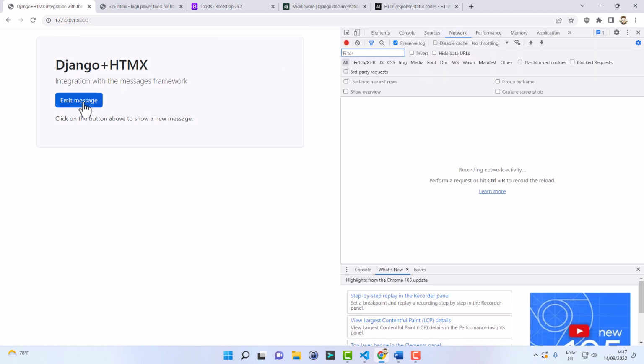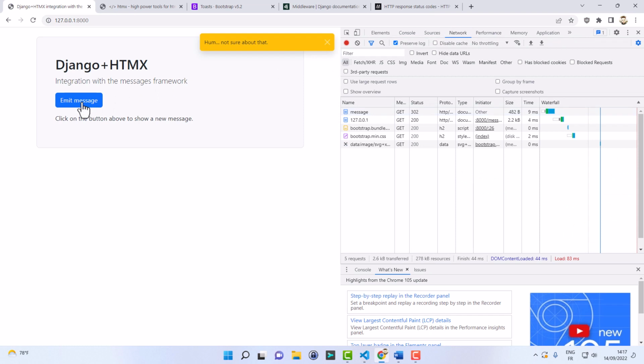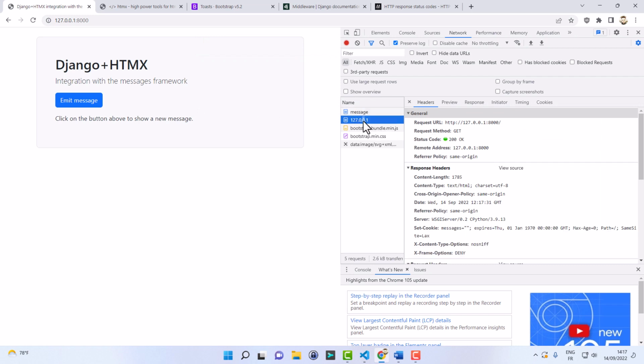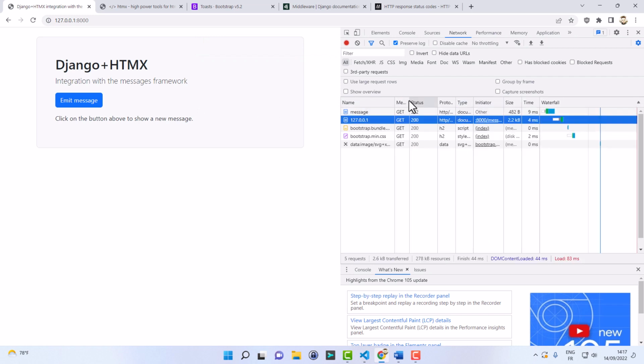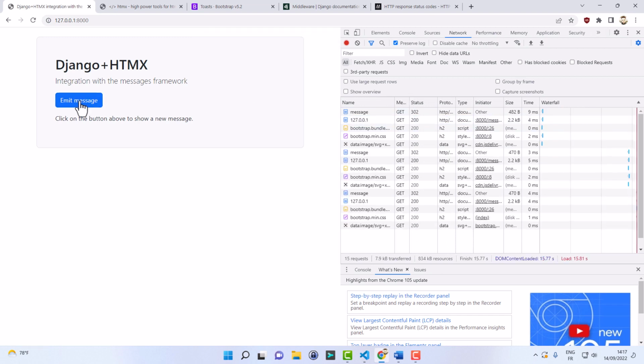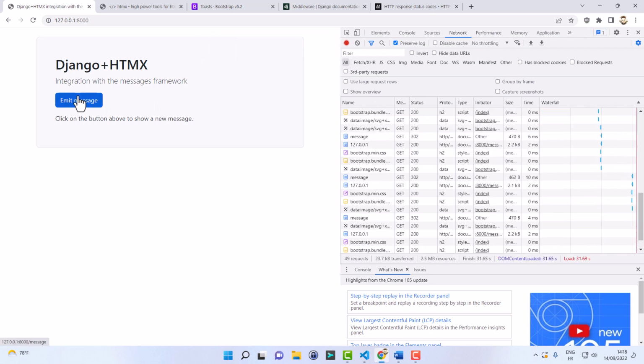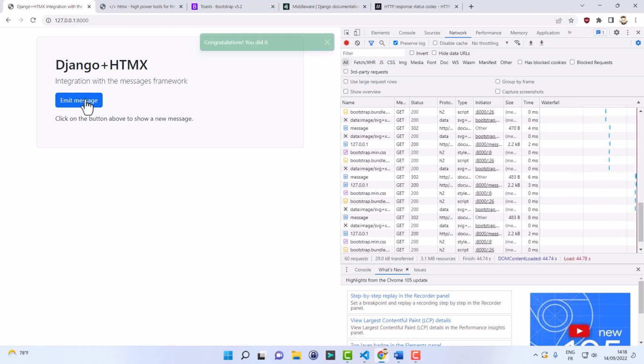So every time we click on that button, it fetches message and then receives the redirect, and finally refreshes the home page, this time including the toast. Every time we click on that button, the whole page is refreshed, so it's impossible to have more than one message at a time.